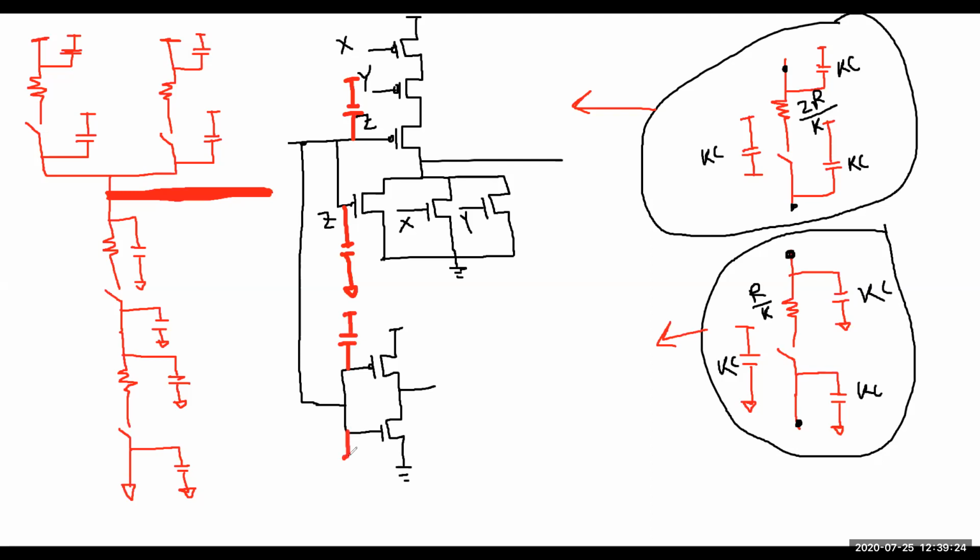This gate capacitance will go to the ground, so they will be connected with this one. Okay, so what we are going to do? Remember, this is the sizing. The sizing was 6, 6, 6. This is 1, 1, 1. This sizing is 2 and 1, right? Let's write the value first. Then we do the next thing, next work.